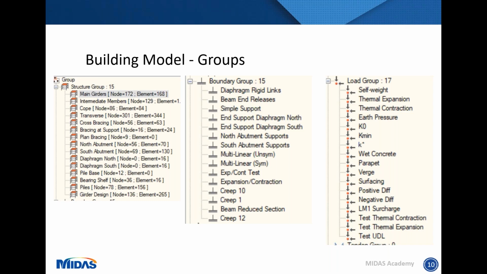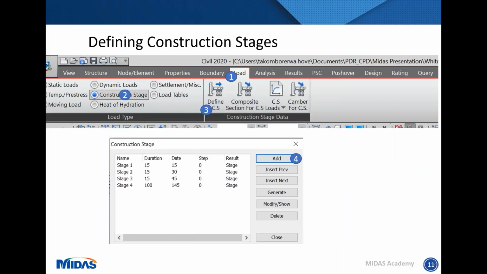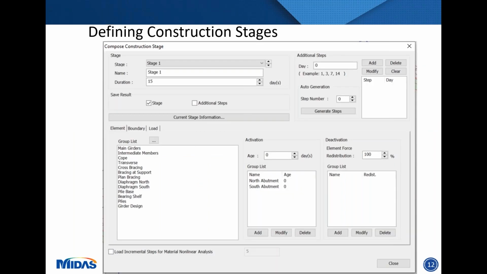So I'm just going to talk briefly next about the key things for defining construction stages and the application of this within my model. So when defining construction stages in Midas, this is done as a load. So if you go into load, construction stage, and then after that a dialog box pops up for the construction stage. Once you click onto that, you're then able to add all the different construction stages that you have along with the duration time.